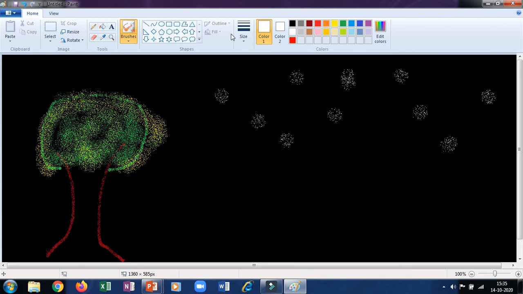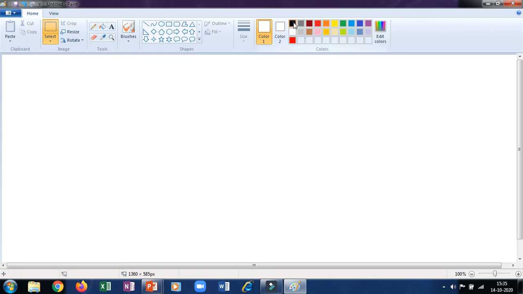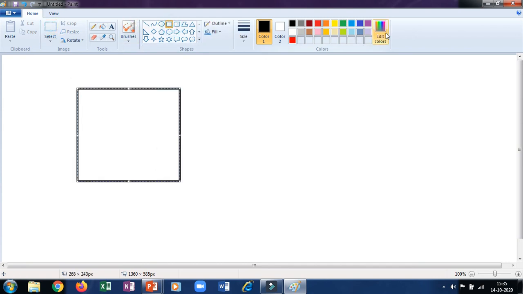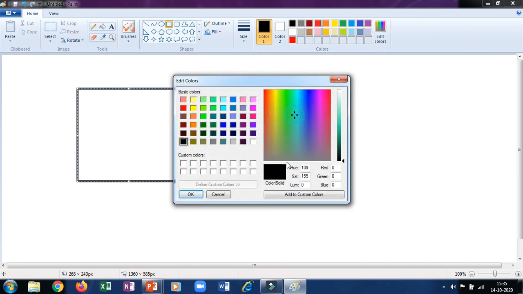Now one more thing is left out, our color picker tool. Let us take a new page first. See, if you want any color, you want to pick the color from the drawing area. So before that, let me draw some pictures over here. See, I have told you about these basic colors, but here you can see some more colors are there, and you can make your own colors. When you click on that particular color, you can see over here.